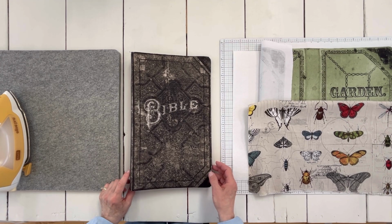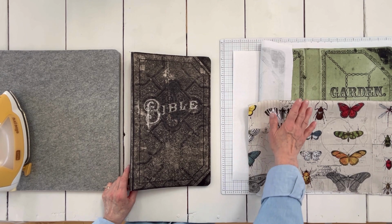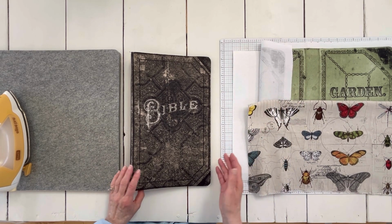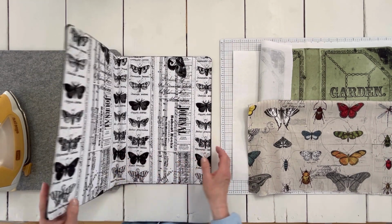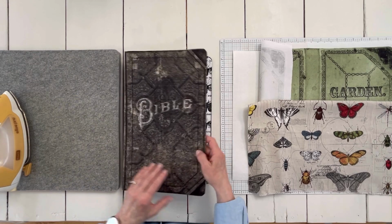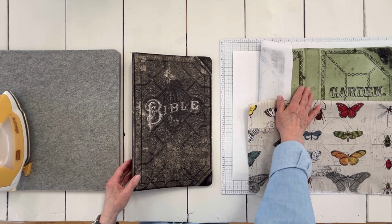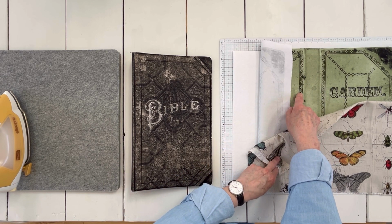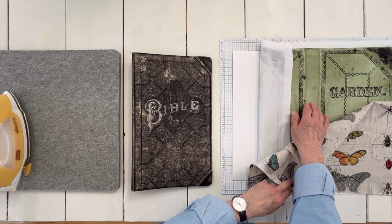In today's tutorial, I'm going to show you how to take our art journal cover and make it into the finished journal cover. So the supplies that you need is one of the covers from the panel. There are 7 included. I'm choosing the garden